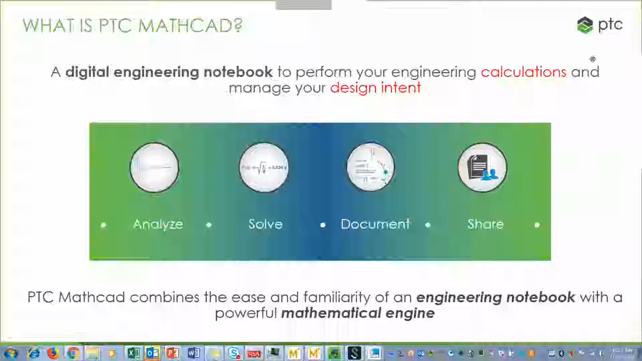Just being able to communicate your engineering work and your engineering intentions and your assumptions and decisions in a way that's easy to understand and in a way that's transparent is very important. So these are the things that Mathcad brings to the table for engineers. Okay, and it'll all make more sense when we take a look at what Mathcad actually looks like. So going to the next slide here,